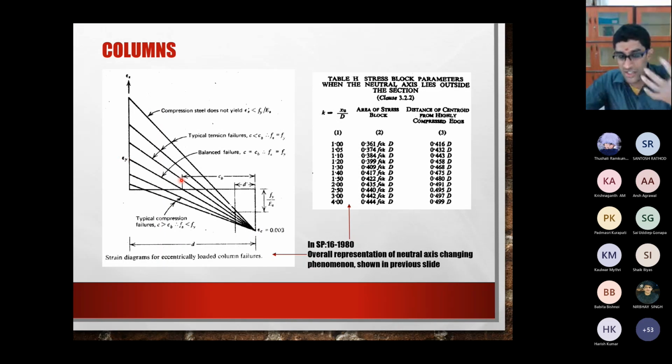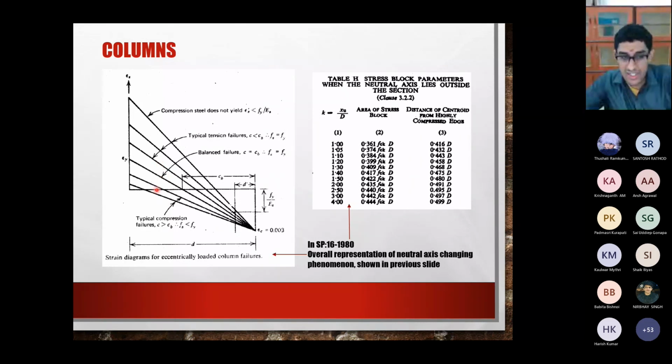So we call that particular combination of bending moment and axial compression a balanced failure type. Now, if my bending moment is lower than this,